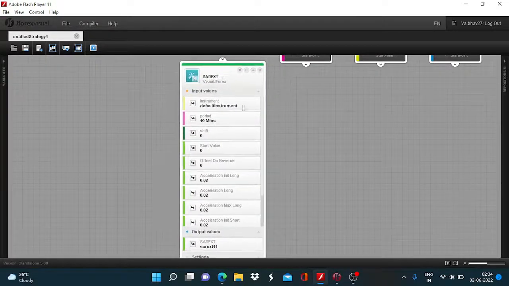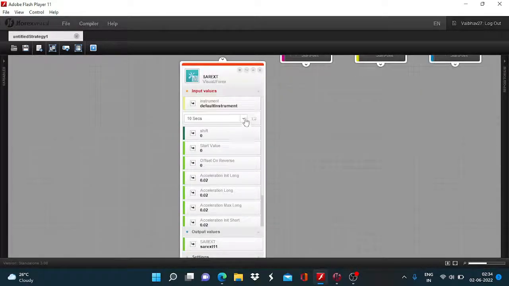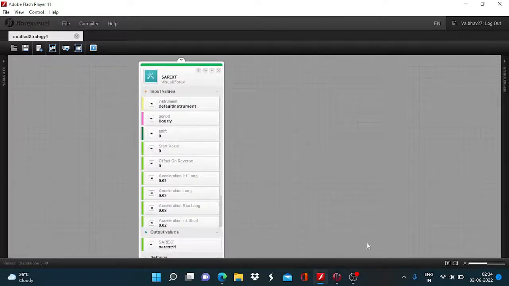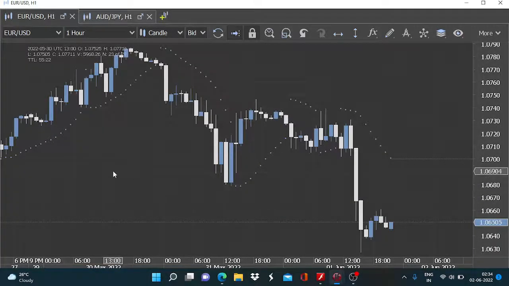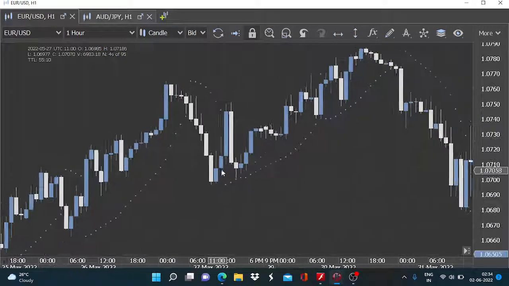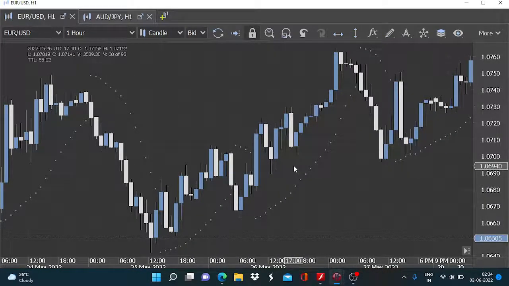The candle period will be changed to hourly. So I will change it. We will be working on the hourly time frame. And prior to making any changes in the loopback period, I will explain to you the logic of the formation. This is a simple formation. We want to rely on the SAR extended output values and take the trade then and there as the formation changes, as we have higher confidence in the ability of SAR extended output to give us good entry and